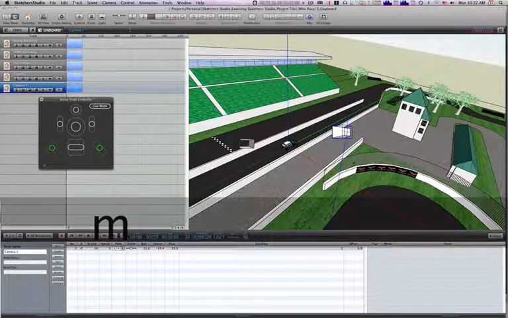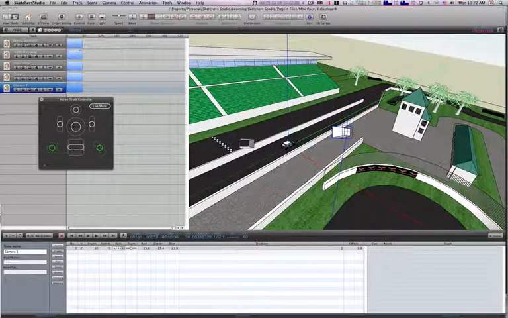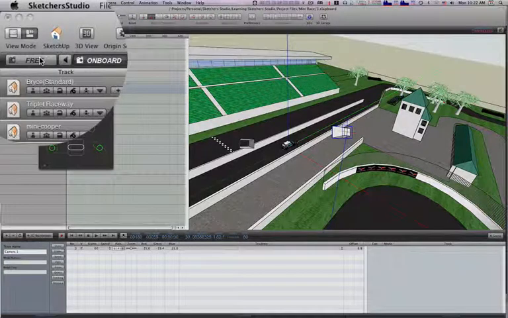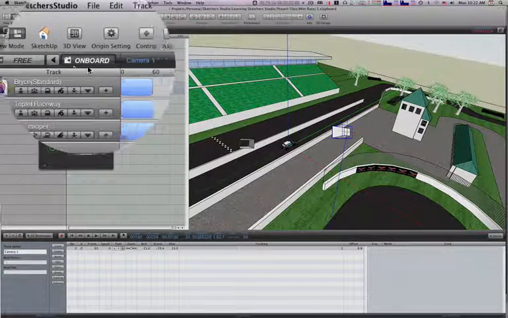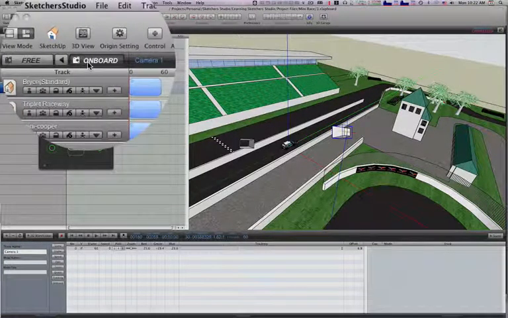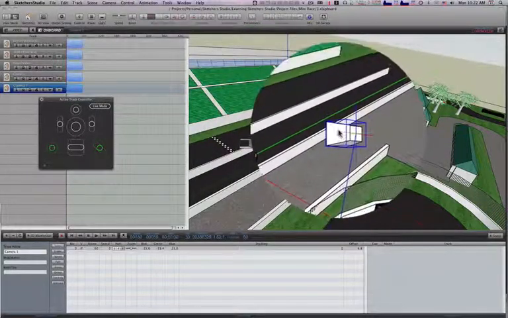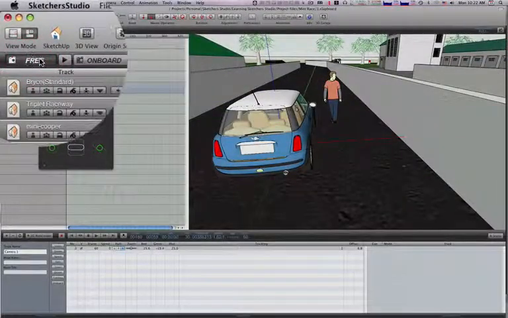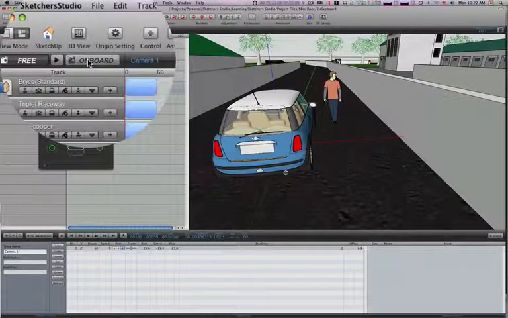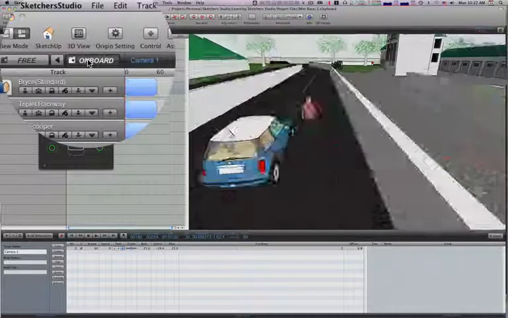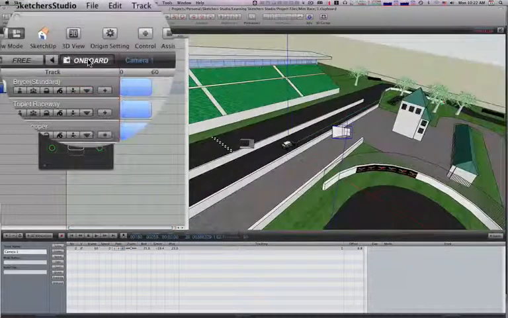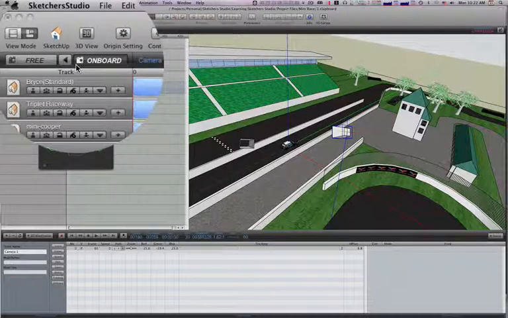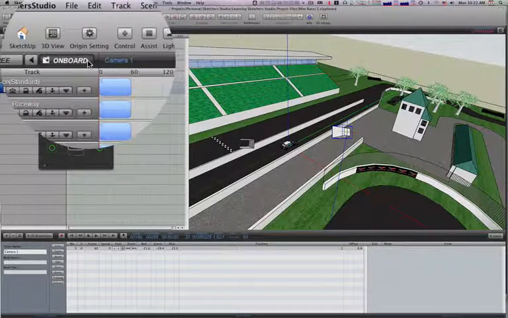So if I click M for move, oh, I'm in the onboard camera, I can't use that. We go to the free camera. Well, first of all, I want to be able to see this selected object from the current position that I'm at. But if I switch to free camera, it's going to take me back down here because that was my free camera view the last time. So clicking onboard again and going back now to my camera 1,